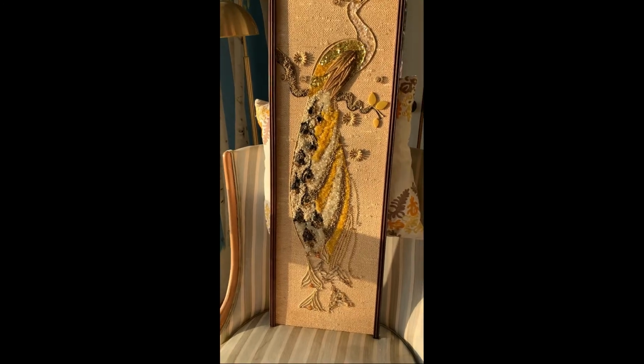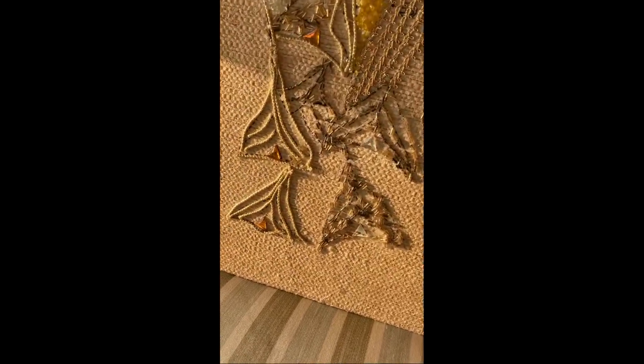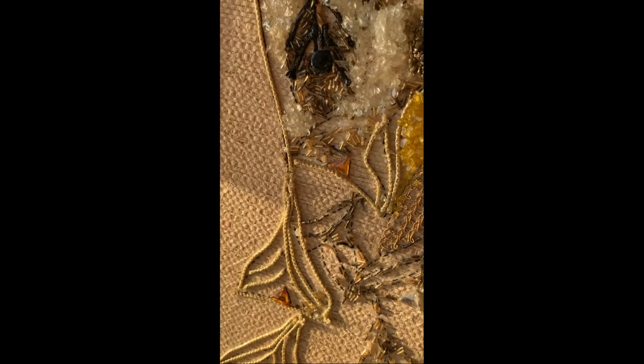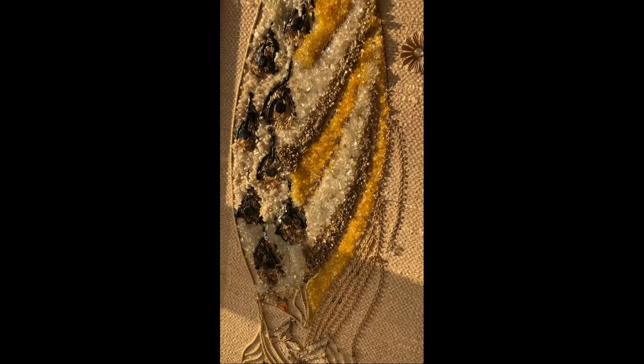This next piece is a wonderful example of mid-century modern gravel art. This mosaic type of work took a very long time to do. As you see, there's little bits of beads and colored stones and gravel and some kind of shiny ribbon. This was done in probably the